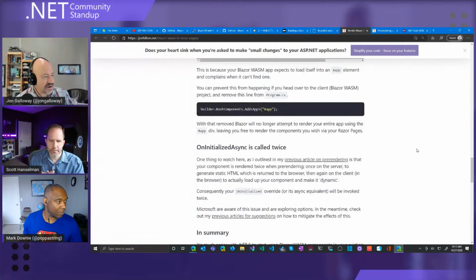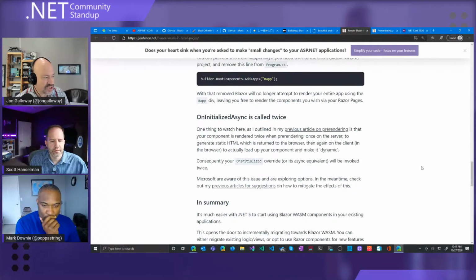Another thing is that OnInitialized is called twice, and we talked through that in a previous blog post that we featured. But just to mention that again, that's something that we ran into with the live.net site, where you can get OnInitialized called twice if you're integrating Blazor into an existing app.